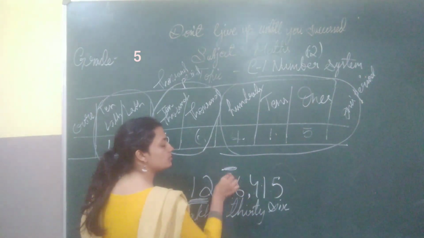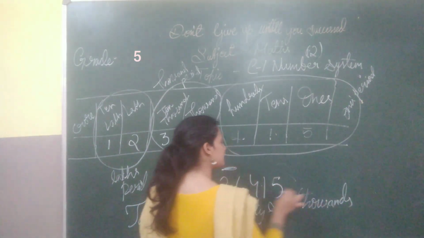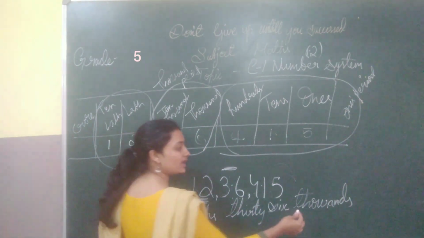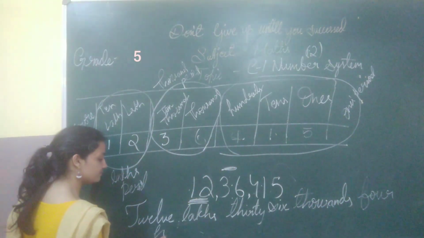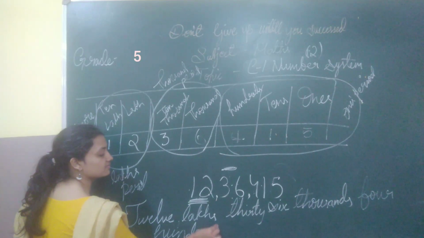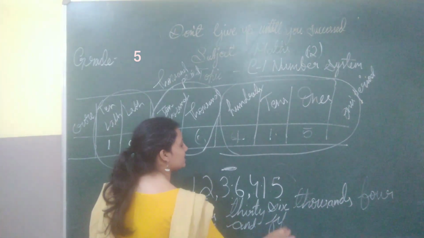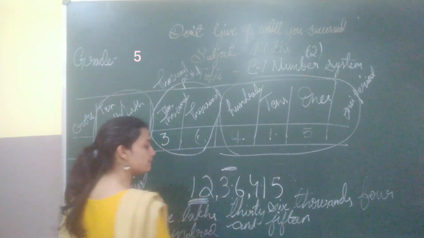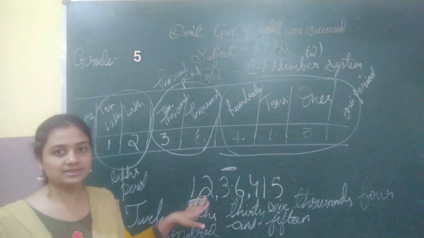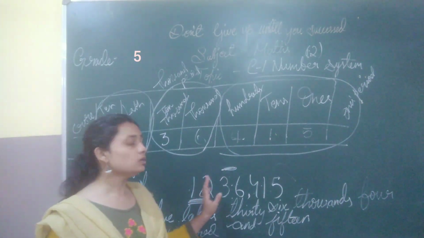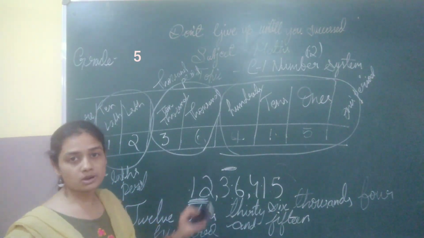Which group? 1000. So write 1000. And the last group is 415. So write that in words. 400 and 15. So you all know the number names already. Only the thing is you have to add the group name when you have the groups here. That's it. Now you all know how to write the name of the number, read the name of the number, and how to keep the commas in that order.